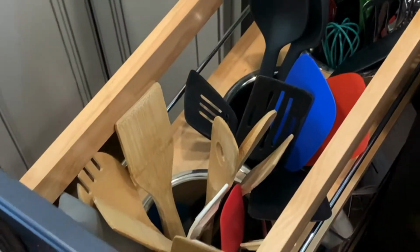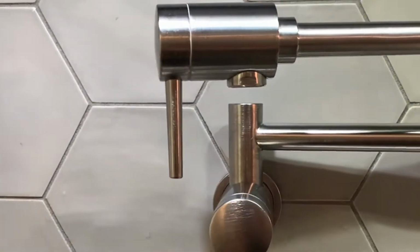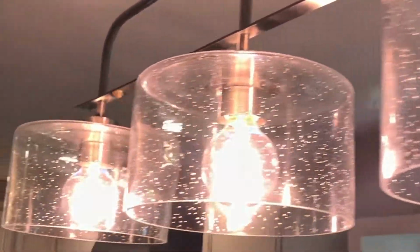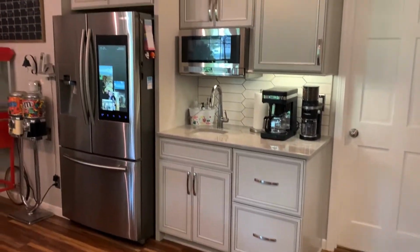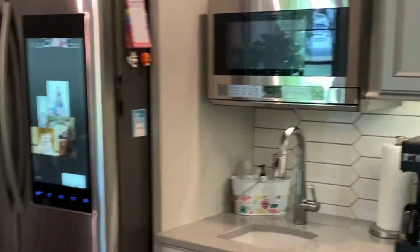They purchased cabinetry, hardware, countertops, wall tile, and a ton of great storage solutions for this kitchen remodel. It turned out amazing. We love every single detail of this kitchen and what they picked out, all the way down to the seeded glass lighting. There is a ton of storage, a lot of style, and they did a fantastic job on this install by themselves. We love this over-the-counter microwave option by Sharp right above the bar sink, but our favorite feature of this